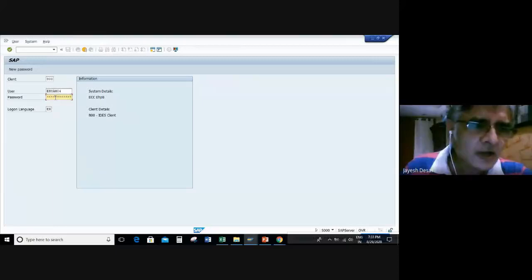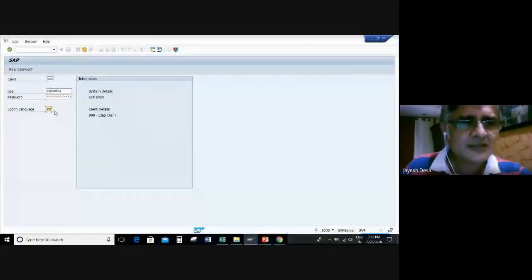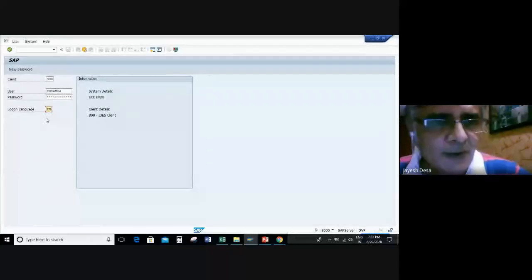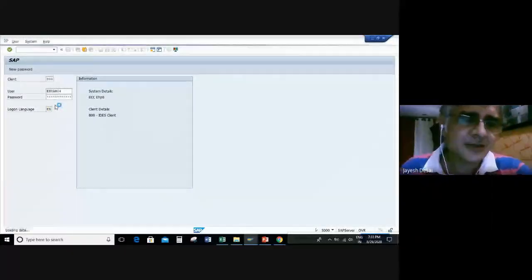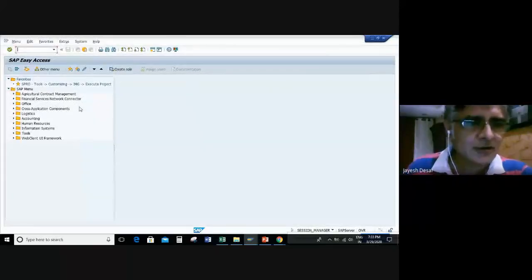Now you see the login language, EN. So you can actually run SAP in multiple languages. You have to implement multi-languages in SAP. You can run in Chinese, you can run in many languages, not in Hindi though. Okay, so this is a very neatly designed